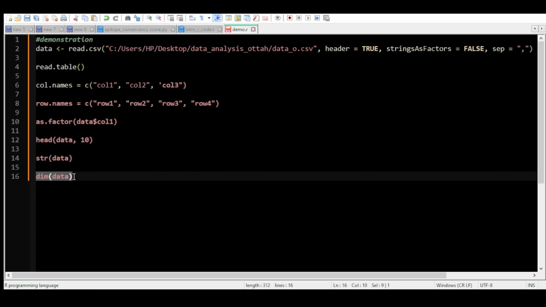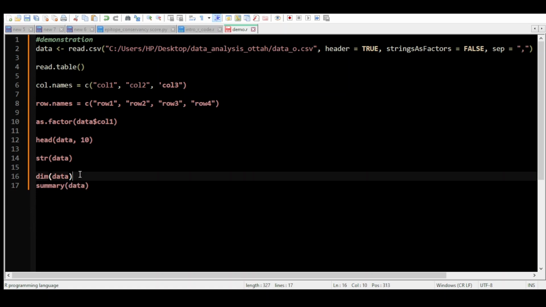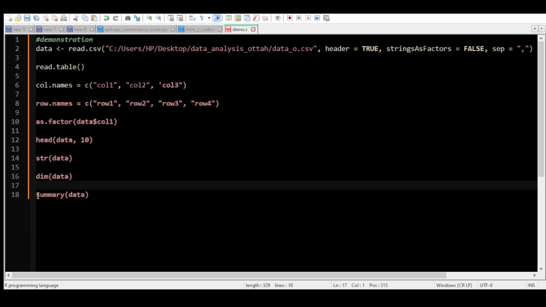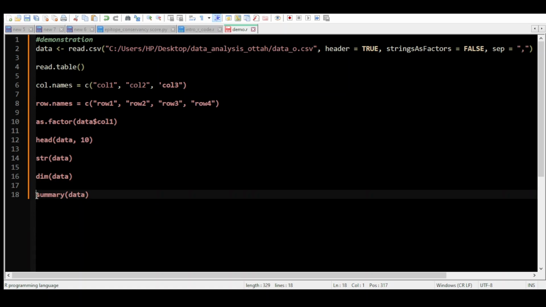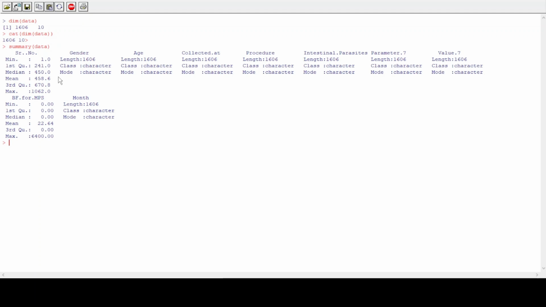Notepad++. Okay, I've opened it already. So we can say summary, our data. So this should give us, let me give a space, the basic descriptive statistics of especially our integer or numeric columns. So if we go back to R and we run this code there, then it should give us basic statistics of our